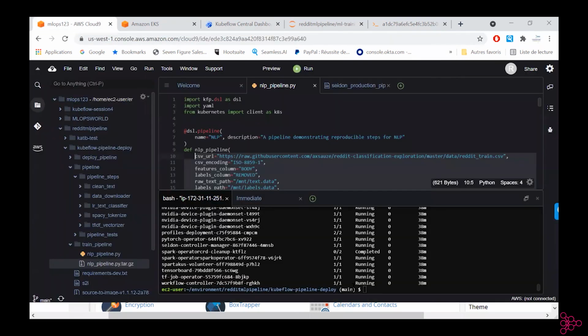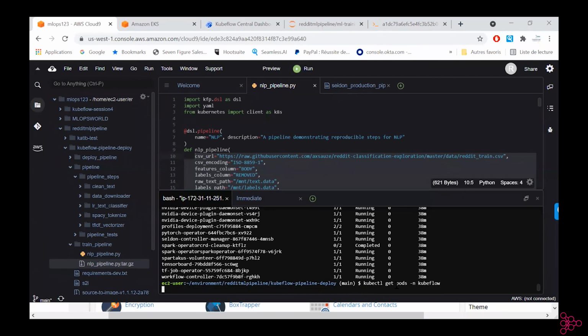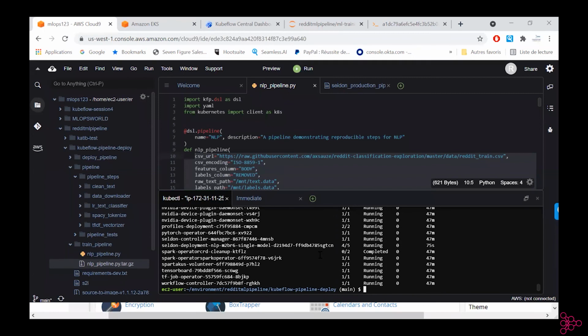So if we go back here and we click Kubeflow pods, we potentially can have a look at the deployments. So we are here, you can see that there are new pods created called Seldon deployments, and they are up and running.